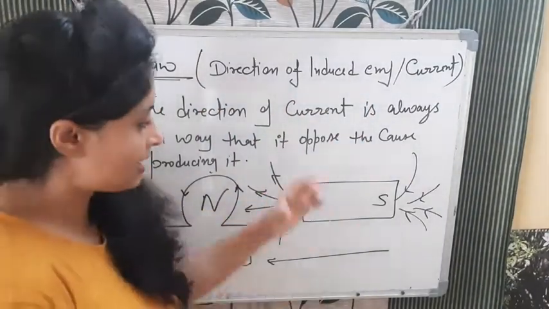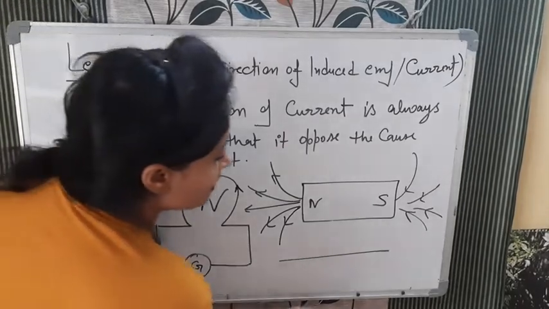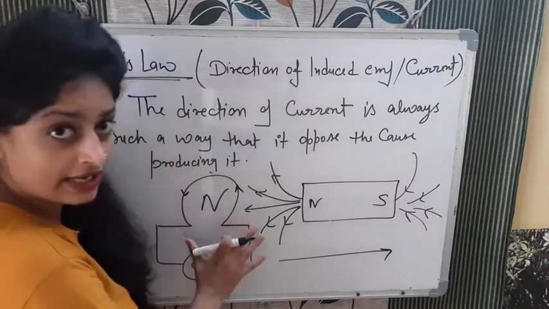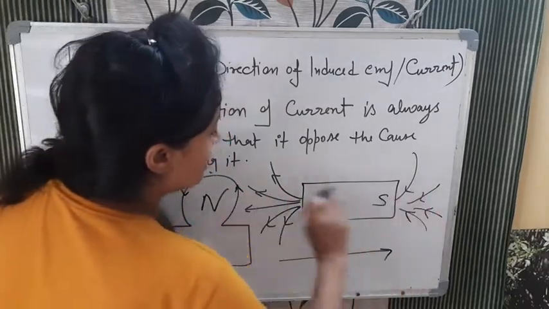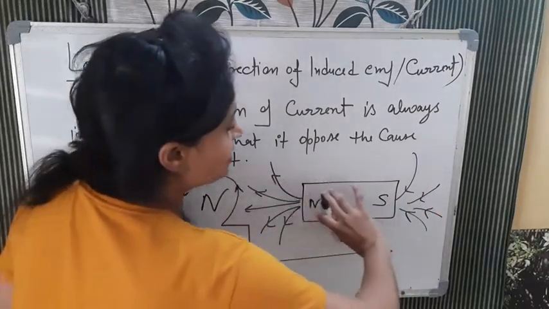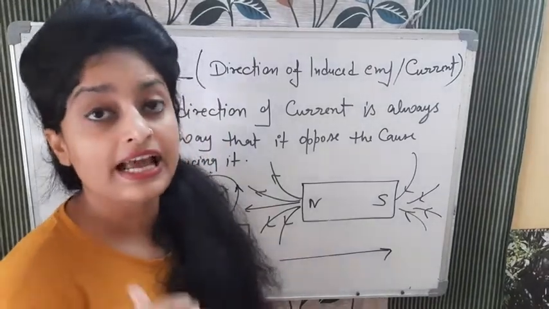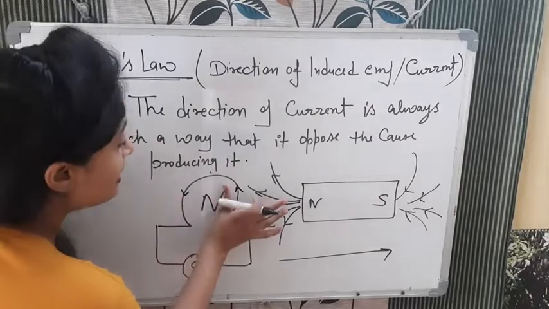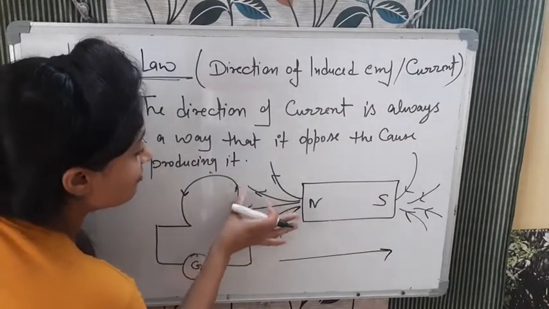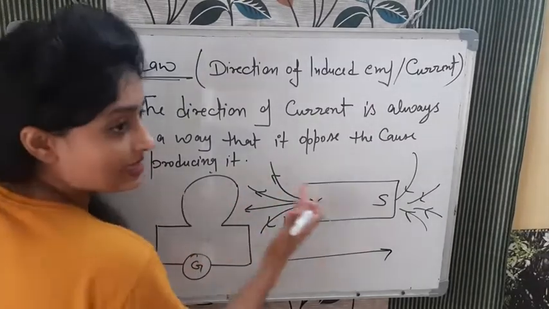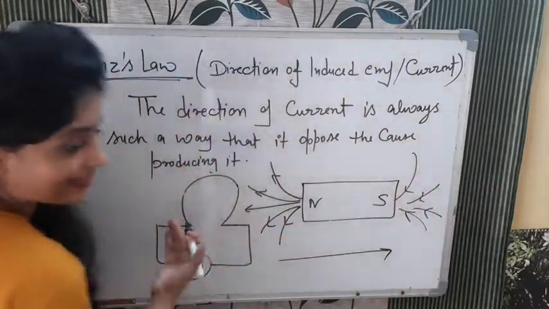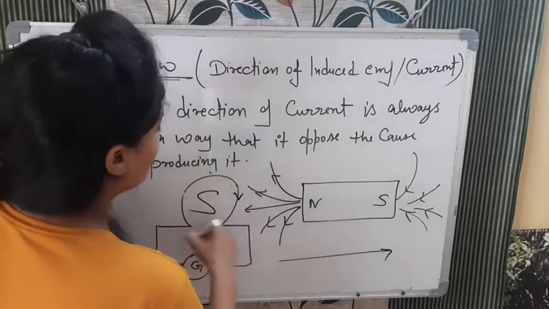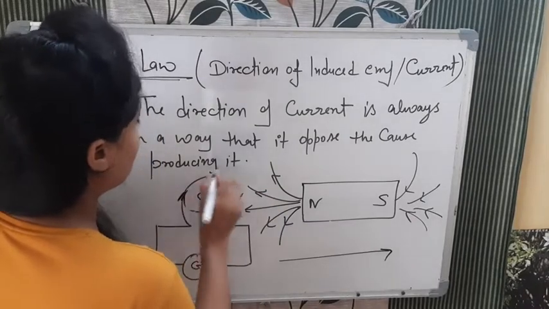Now in the same example, I am saying that it is moving away. Now the magnet is going away from the coil. When the magnet is going away from the coil, magnetic field lines will decrease in this area, magnetic flux will decrease, and there is a change because of that. Again there is an induced current, but now it will be in such a way that it opposes this. Now it's going away, so it wants to attract. So attract के लिए कौन सा pole होगा? South, and south pole के लिए क्या होता है? Clockwise. It will be in this direction.